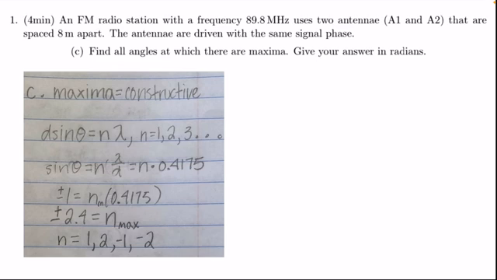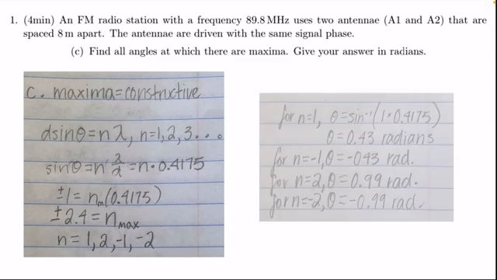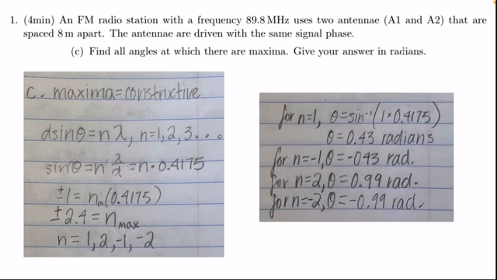So using those, once again, we're just going to plug those into our constructive interference equation. Like I said, I forgot to write in that n equals 0. But for n equals 0, theta is just going to be 0. Continuing on, for n equals 1, it's just going to be theta equals 0.43, -1, negative 0.43, 2, 0.99, -2, negative 0.99. So those are the values for which there are maxima